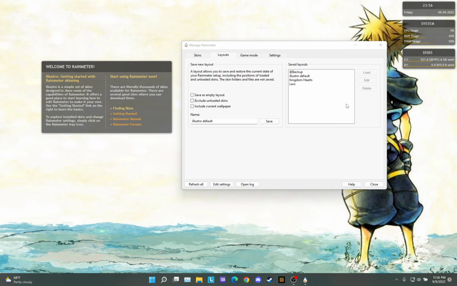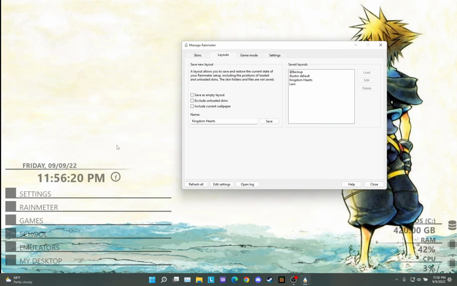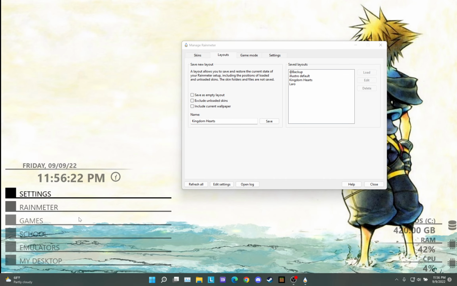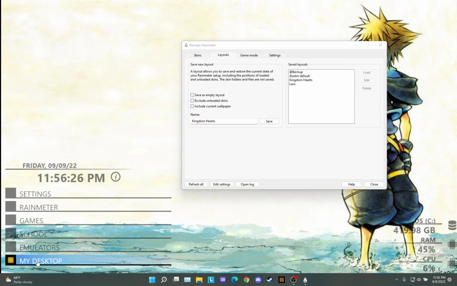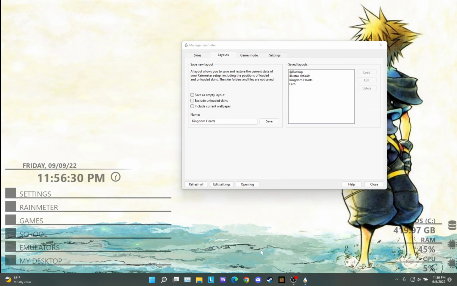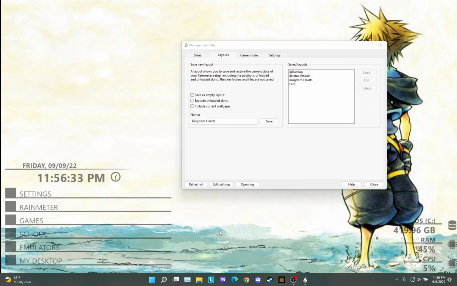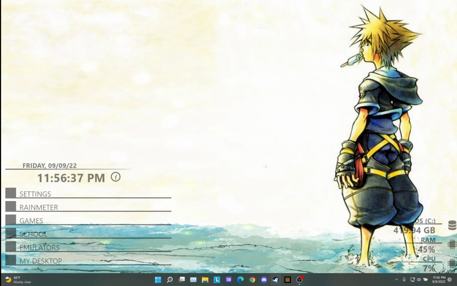It's all this stuff in your way, but it's here. But I'll just go back here, and you're good to go. All of it will pop up. Now the sound, I can't quite account for because that's already been programmed into this specific Rainmeter theme. But after that, you could just close out Rainmeter, and the next thing you're going to want to do is